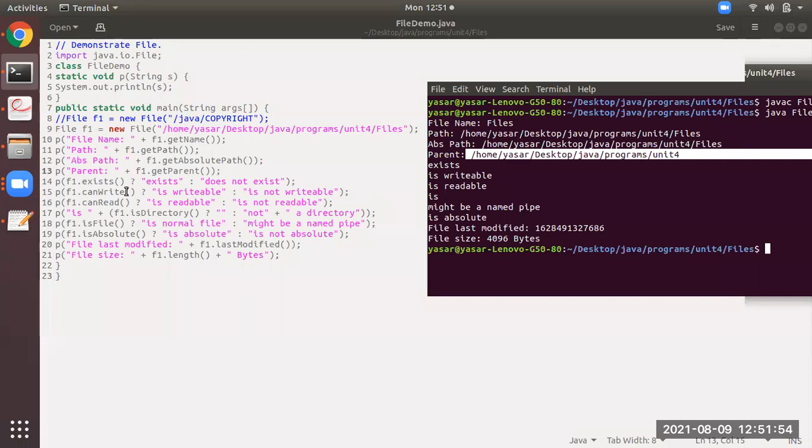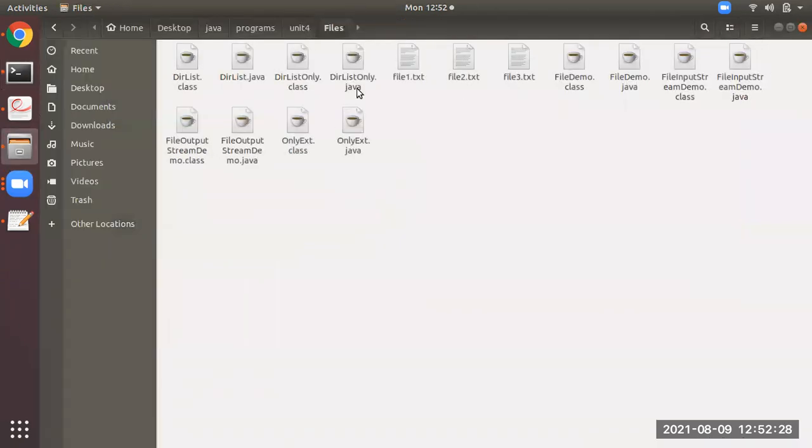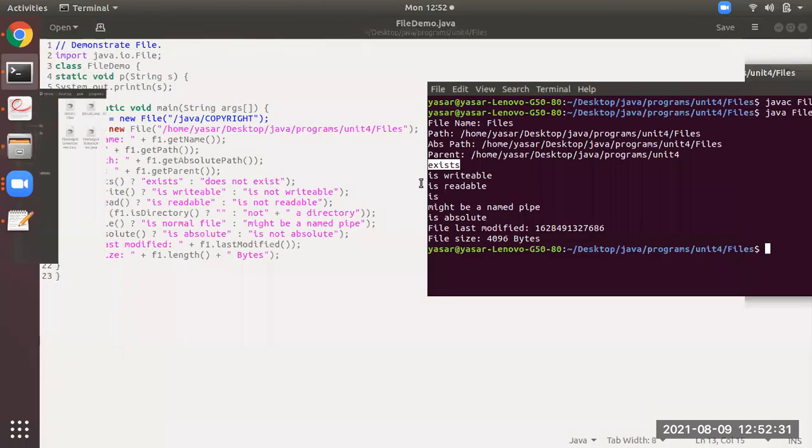Then the 14th line will check. This is a ternary operator, students. I am not going to explain the ternary operator. f1.exists: f1 over here is consisting of some path. What path? Files folder path. That is there in my computer. It is there, so f1.exists is true. So this will be the answer: the first one, exists. And now the 15th one and 16th one, you can add more files in this particular folder. You can write and you can read also from here, what the files are and all those things.